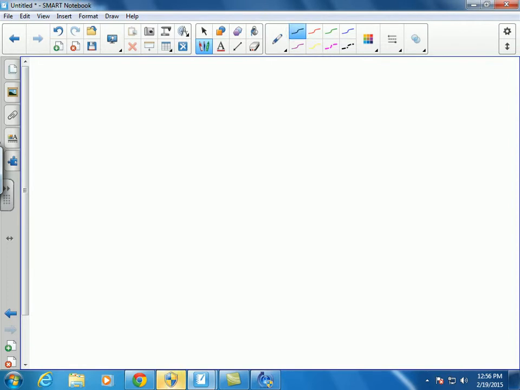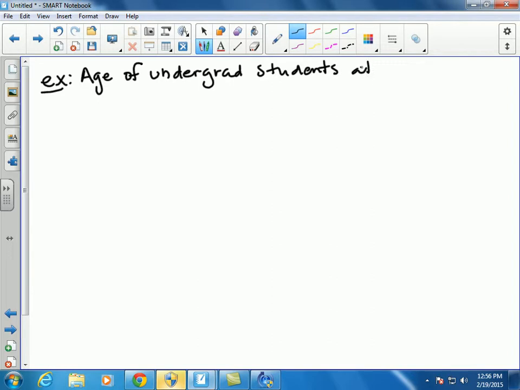My example here is going to be talking about the age of undergrad students at UNM. You can imagine, how old are undergrad students at UNM? So X is the random variable, and it represents the age, and X is normally distributed